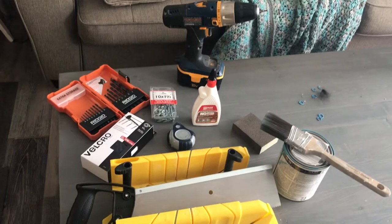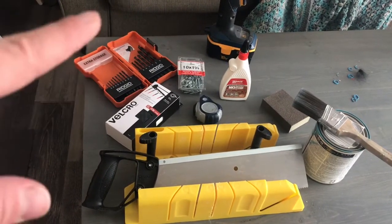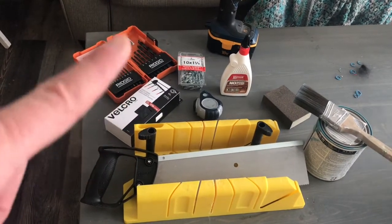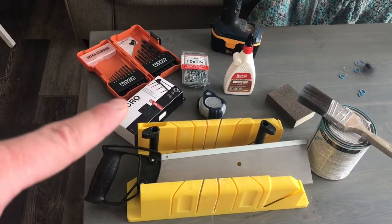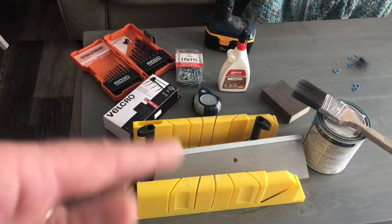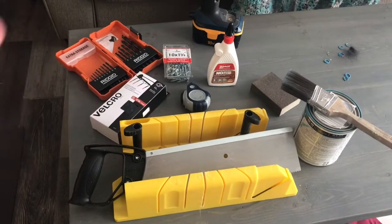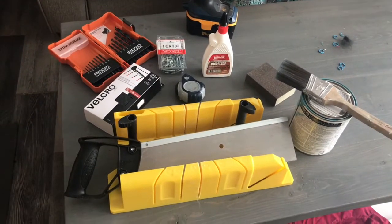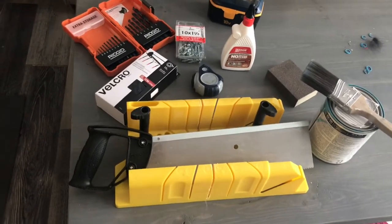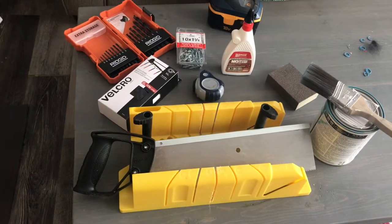I have a drill, I have screws, I have drill bits for pre-drilling holes, I have Velcro strips for attaching the movable foot bar. I have a saw and a little, I don't know what it's called, but it's to help you get the right angles, which you only need a 60 or a 90-degree angle, like straight across anyways, so you don't really need something that fancy. I have paint and a paintbrush, a measuring tape, and a sanding block or sandpaper,